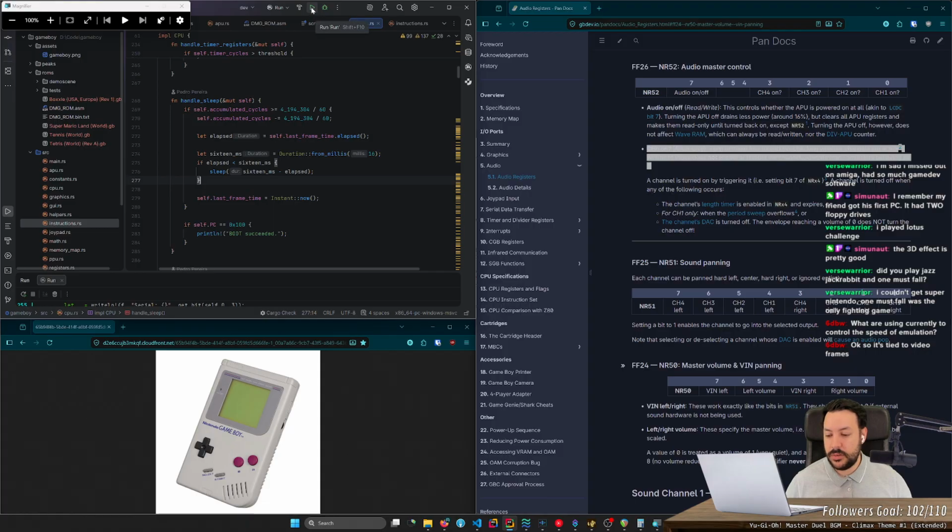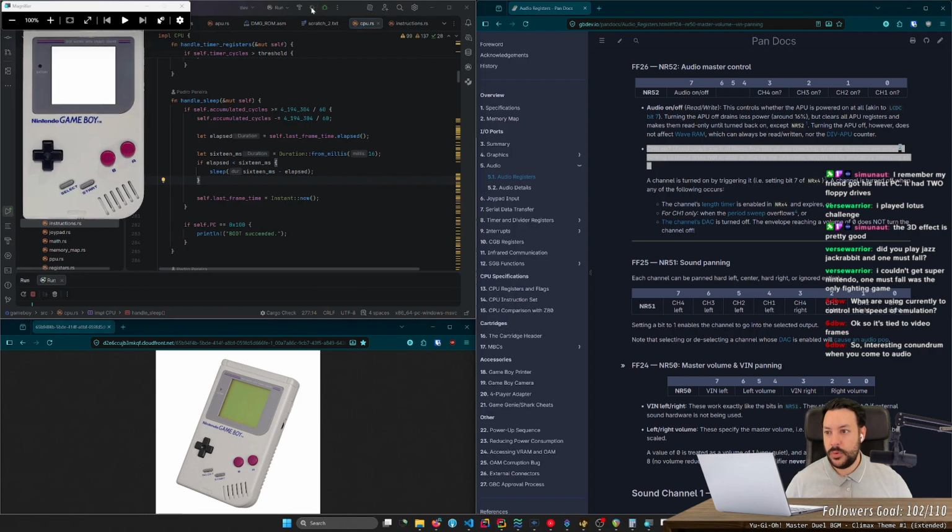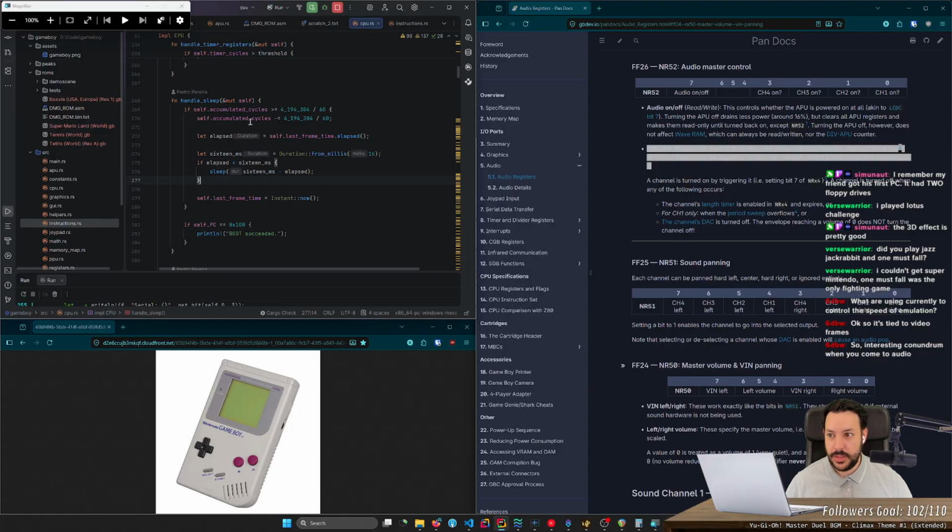So it takes around 5 seconds for it to scroll down, and then 1 second to go from the stopped position into loading the game. 1, 2, 3, 4, 5, 6. It's running at a similar pace as the real one, so it works for me. So, interesting conundrum when you come to audio. Yeah, let me know.